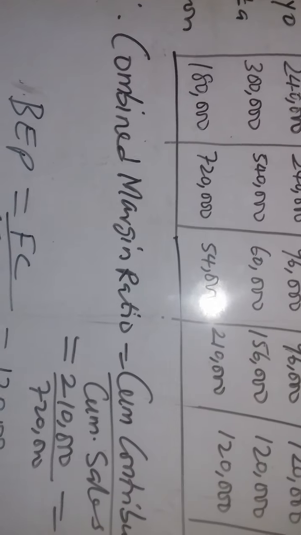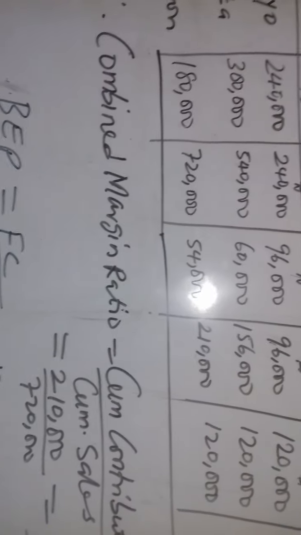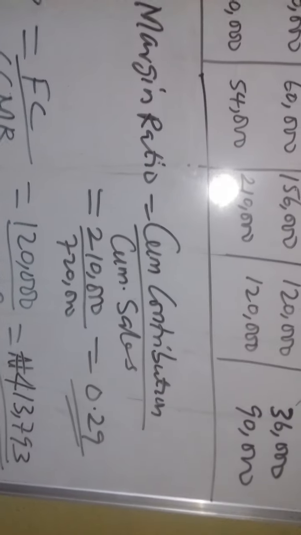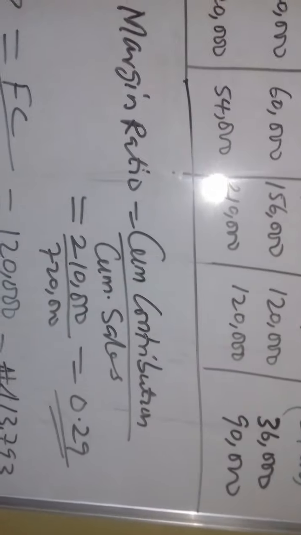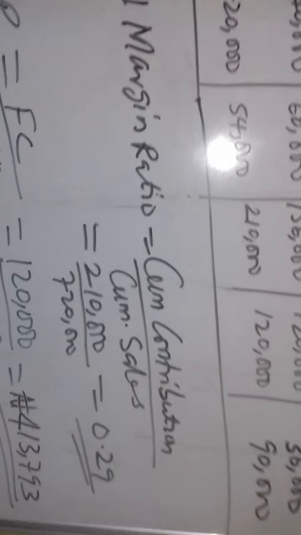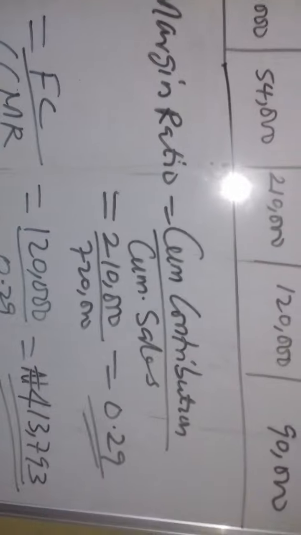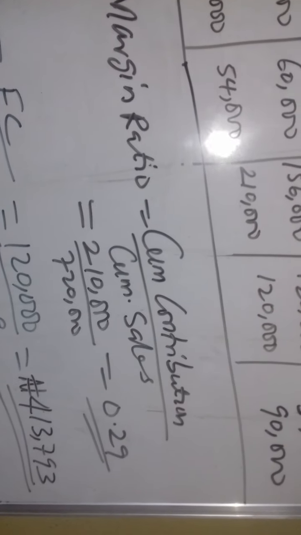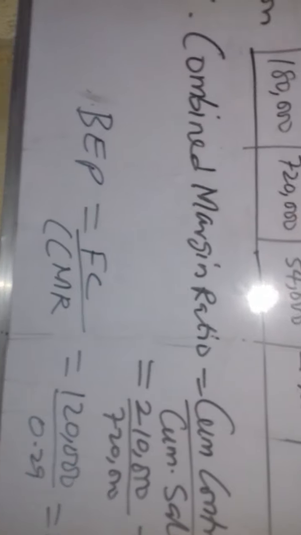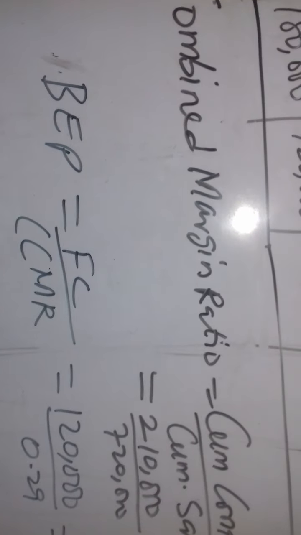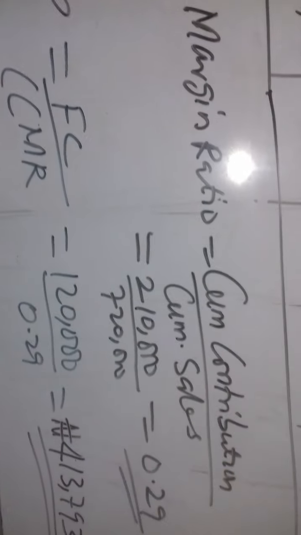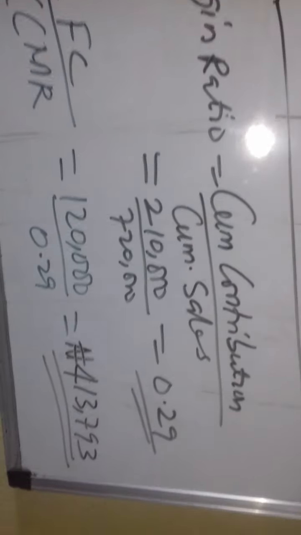What do we now do? We're now going to determine the combined contribution margin ratio, CMR. Remember, if you are determining break-even point in value, what you need is fixed cost and contribution margin ratio. So combined contribution margin ratio is cumulative contribution over cumulative sales, and that's 210,000 over 720,000. It generated 29%, which is 0.29. Therefore, the break-even point of this company is fixed cost over combined contribution margin ratio, which is 120,000 over 0.29, and it generated